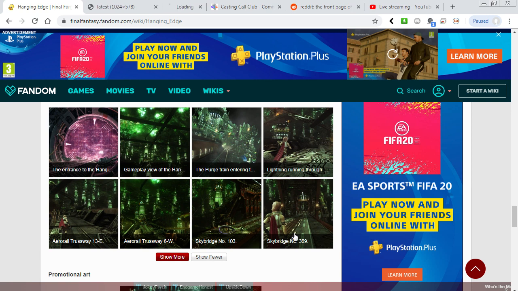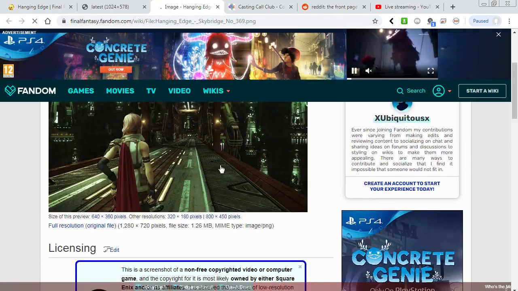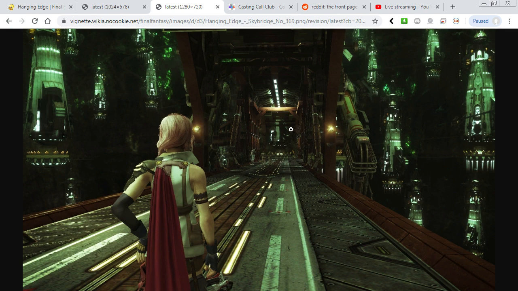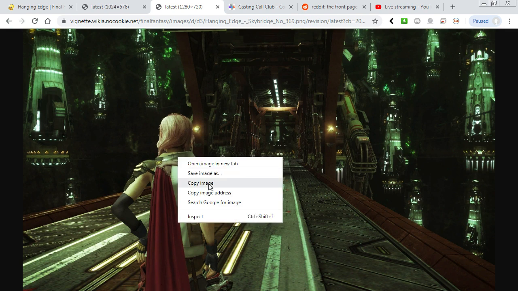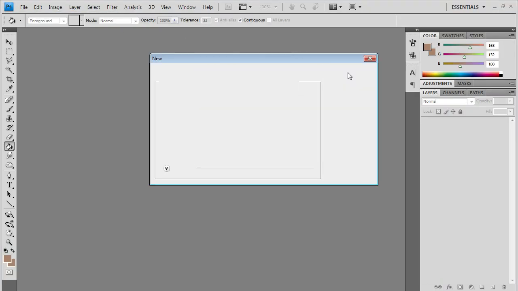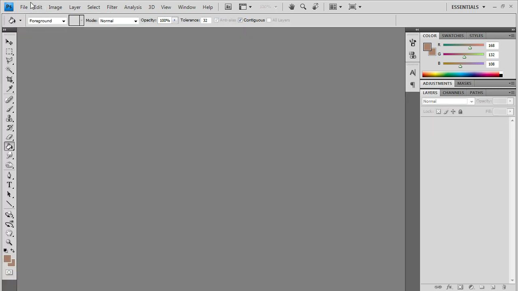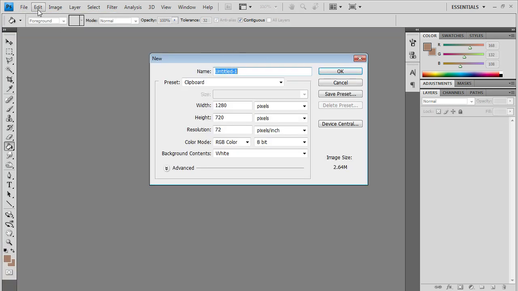A common one I will have to do is, say for instance here, we have a picture which is really nice to use, but unfortunately we have lightning in the way. So what I would have to do here is open up Photoshop, open up a new canvas,